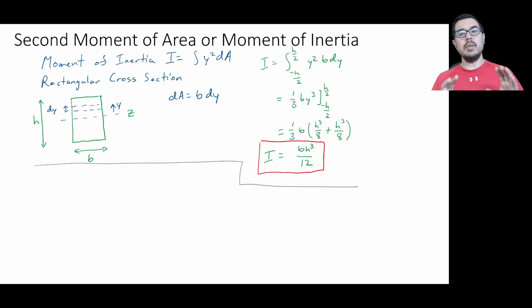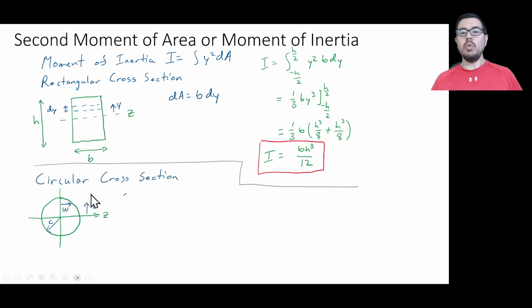So you can imagine having examples where we have a removal or a hollow center. Often you see extruded rectangular hollow sections, and those can be calculated. The second moment of area can be calculated by taking the outer calculation for I minus the inner calculation for I. We'll talk about that in a little bit. And as we mentioned a few minutes ago, we also are interested in looking at calculations for the second moment